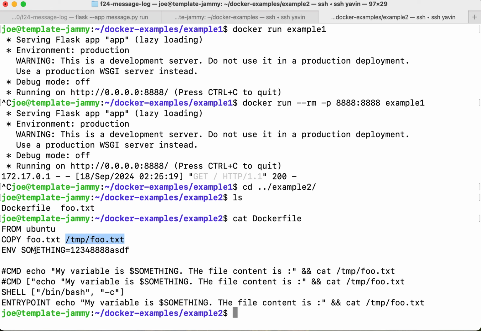We're setting an environment variable called something, set equal to some value. And then we're going to set our default shell to /bin/bash. And then when our container launches, this is the command it's going to launch with. So the ENTRYPOINT keyword can be used to specify the primary command used to launch. Now,